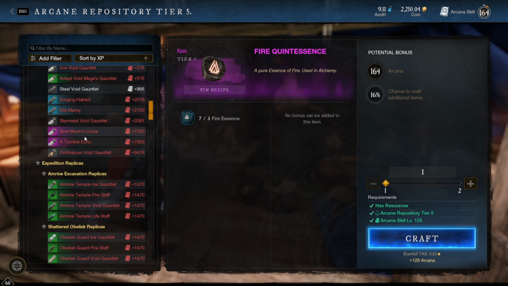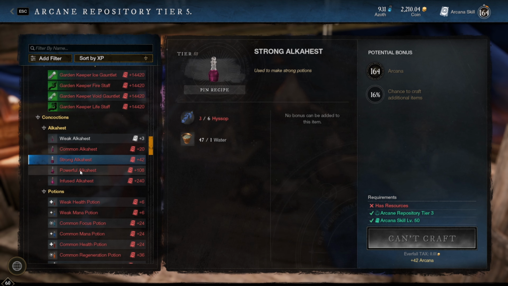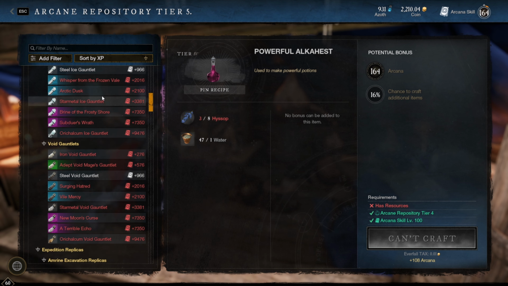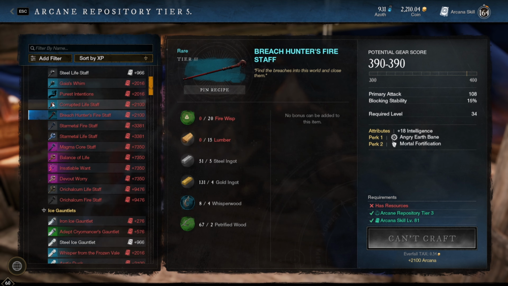The lower levels, 0 to 50, you're blasting through the common ones, the weak ones, and basically all the common ones. Get to 50, do your strong ones. Get to 100, start doing the powerful ones. At 100, contemplate whether or not you want to make some weapons, maybe do the other method, as it were. And then, as soon as you get to 150...